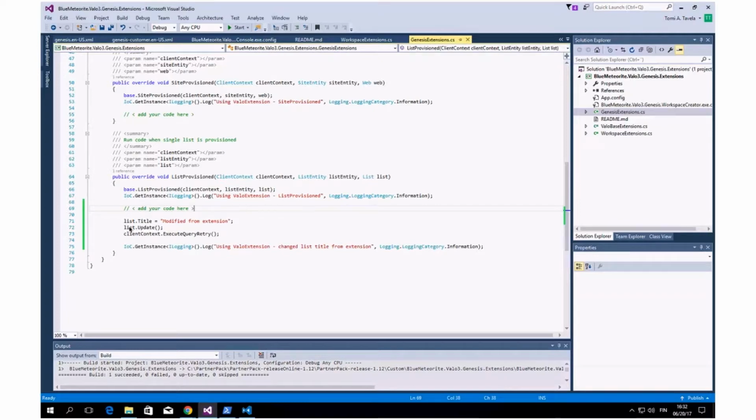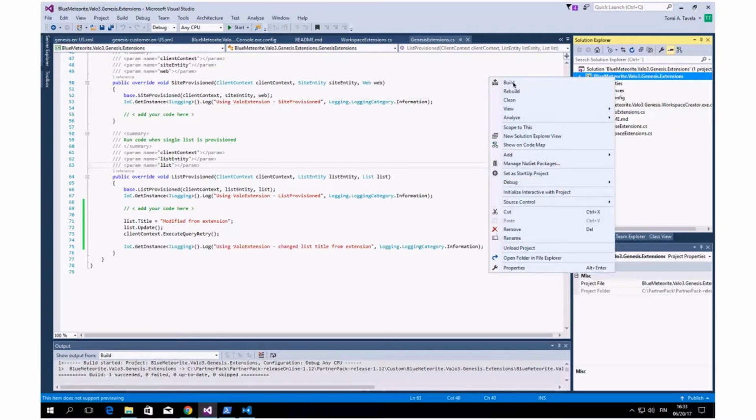I will update the list like normally and then execute a query to really upload it to SharePoint. Also added some logging, so this will log to console what's happening. So first we will say, okay, we are getting in, and here, okay, we have done our modifications. So quite simple stuff. So what we do then, we build the project,